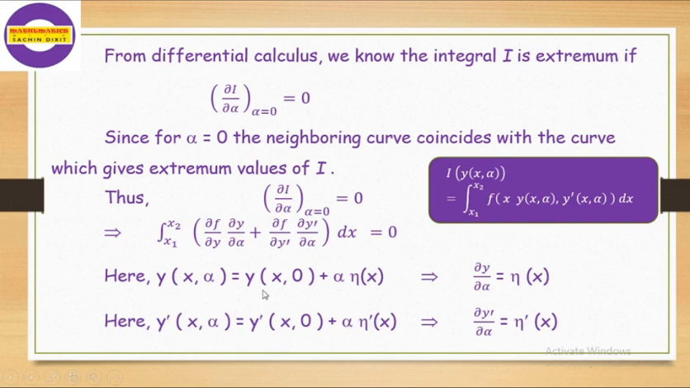Now if we take its derivative, we get y'(x, alpha) is equal to y'(x0) plus alpha times eta'(x). And now find its derivative with respect to alpha. We get ∂y'/∂alpha is equal to eta'(x). Now we put these two values, eta(x) and eta'(x), in this expression. We get,